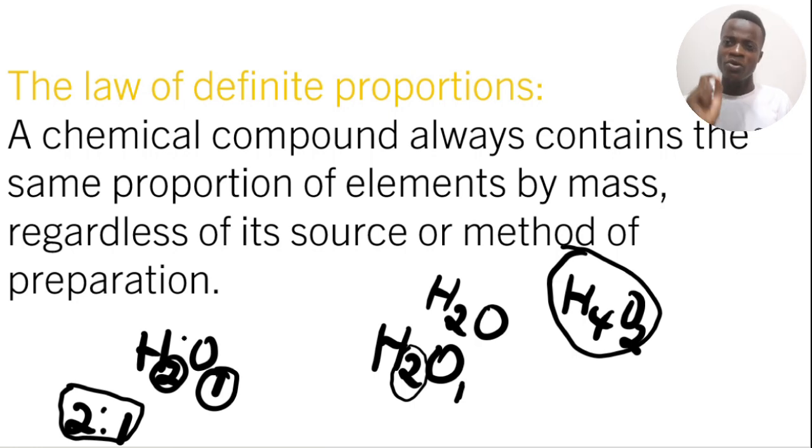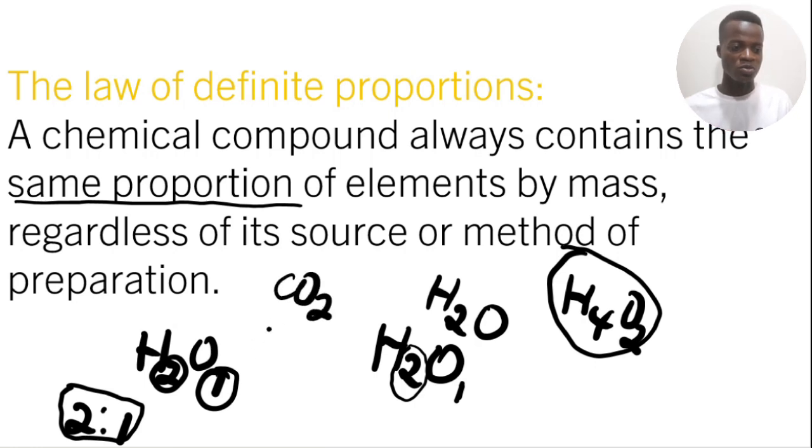Water will always be produced in the ratio of 2:1, regardless of wherever the hydrogen or the oxygen comes from. As long as the combination gives us water, we are going to have the 2:1 combination. The proportion will be the same, 2:1. If you have other compounds, CO2 is going to be 1:2. Carbon dioxide is going to be 1:2. There is not going to be 3:6 or whatever. That's the understanding that we get.